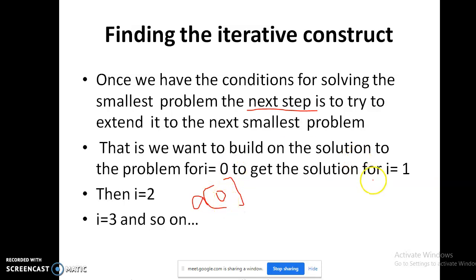When I increment, it moves to i equal to 1, that is a of 1. Then one more time when we increment, that should be a of 2. We are going to store the values at the second location. Then when i becomes 3, we store the value at a of 3.